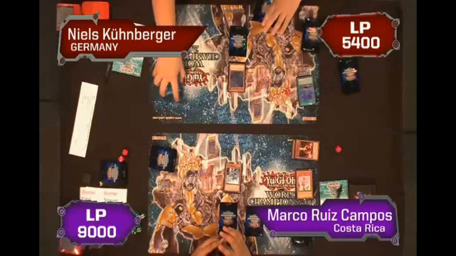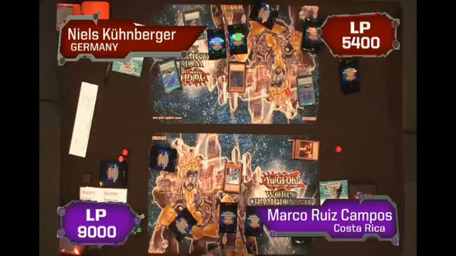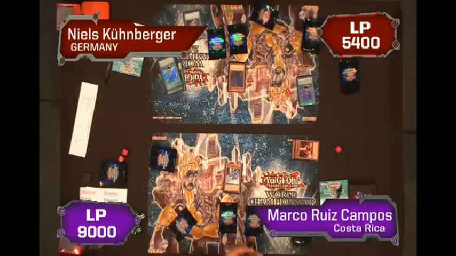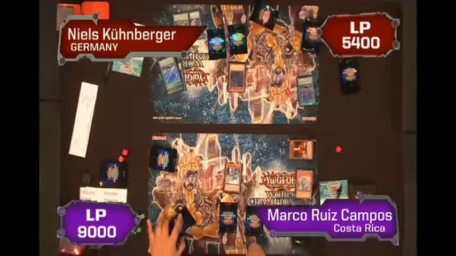Now that is Spellbook Magician of Prophecy, which was negated by Effect Failure. Grand Spellbook Power followed it up along with Spellbook of Secrets. And it looks like we're going to...